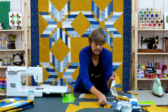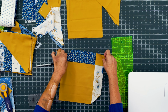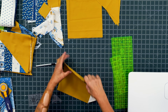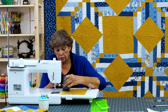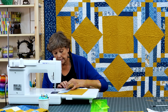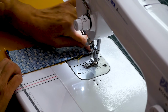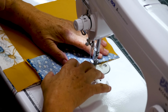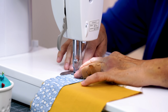And you can have it the same. I like them different. And so now this side is going to go on here just like this. And this little point is going to match up here. So I'm going to lay this on here. And what I'm going to do to check this, I'm going to make sure that this little seam nests. And then I can line it up down here and sew this one on. And so all the way down,